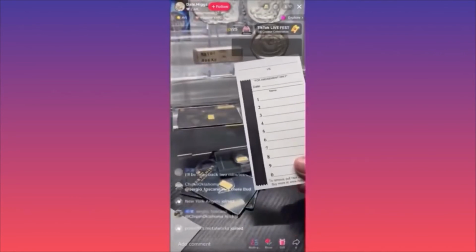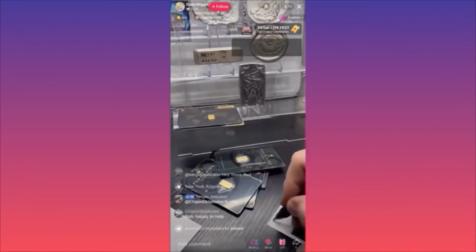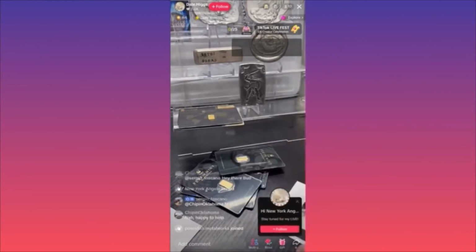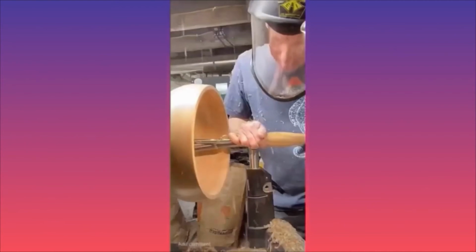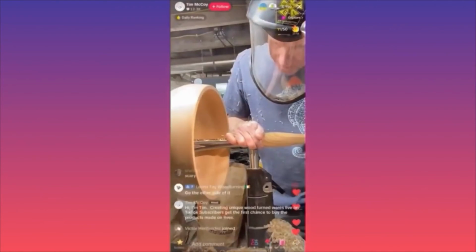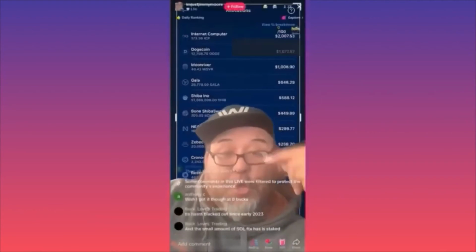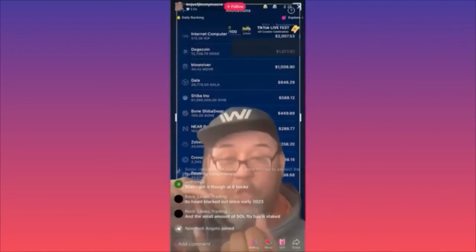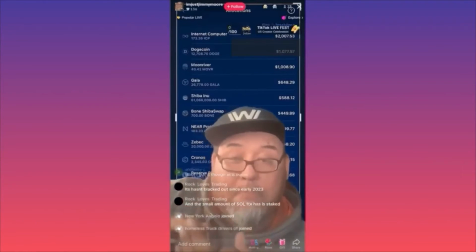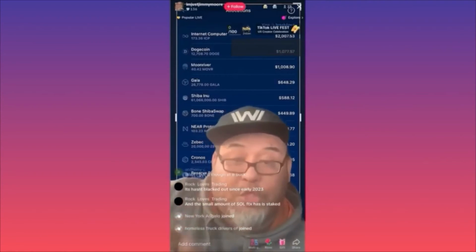Like I said, some people are making money here just from contributions from the viewers, just from getting tips. It's not about selling products always. This guy over here is selling products. So this guy over here is probably selling this handmade wooden stuff. It's all about coming up with whatever ideas or passion you have, and you just pop up over here and start talking about it, right? It's very easy to talk about something that you know and that you're good at. This is how you're gonna make the most money, and you're gonna grow very fast on TikTok.